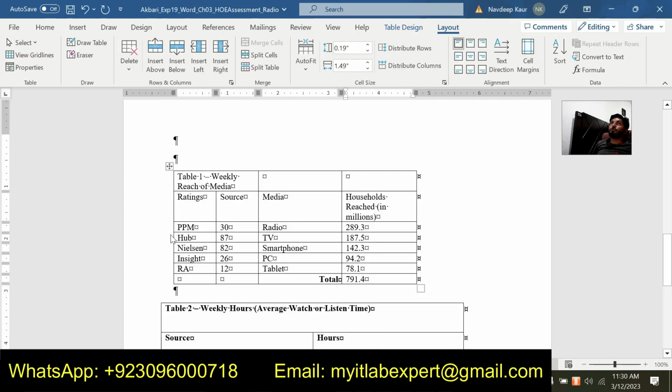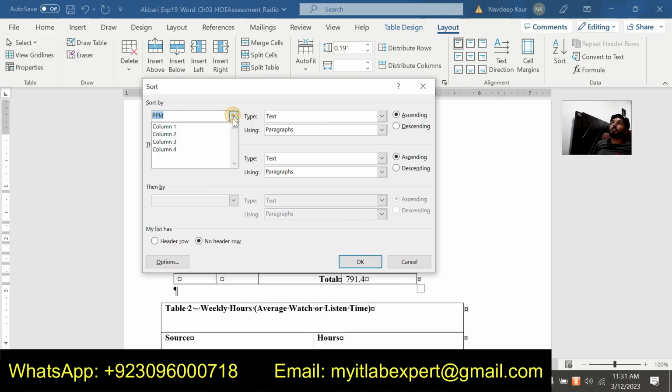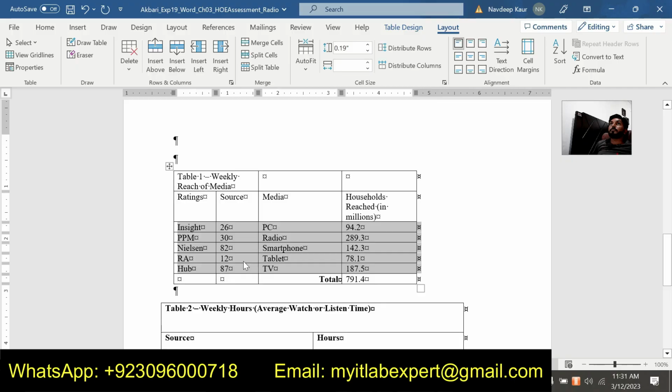So we are supposed to do some sorting. It should not have the heading rows and also this total row. So we are supposed to do this sorting from row 3 to 7. This is 3, 4, 5, 6, 7. So we will select these rows and we will click on the sort, and we are supposed to sort the table by column 3 in ascending order. You can see that this is already in ascending order. So we are doing sorting by column 3, this one. So we are done with the sorting,